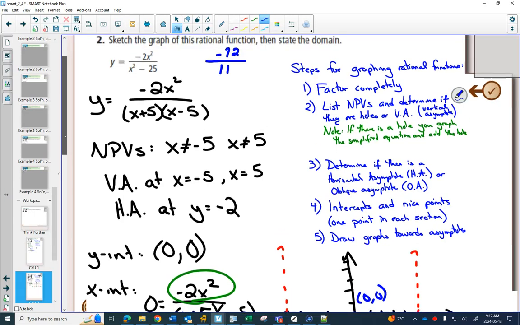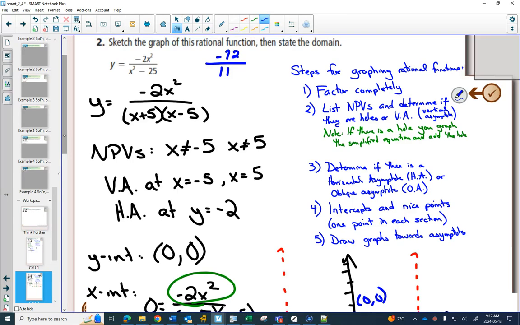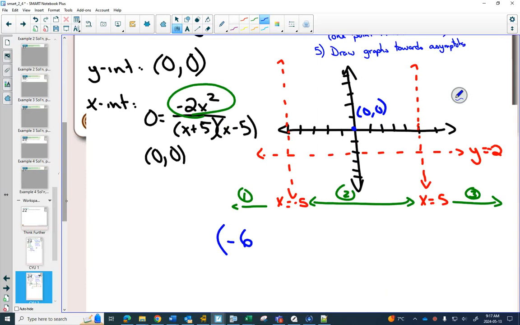Gonna have to do some mental math here. Can you see that that's between negative 6 and negative 7? Can you do that mental math? Because 77 divided by 11 would be 7. 66 divided by 11 would be 6. So this is somewhere between 6 and 7, and it's negative, so it's going to be between negative 6 and negative 7. So when I go to graph this point,